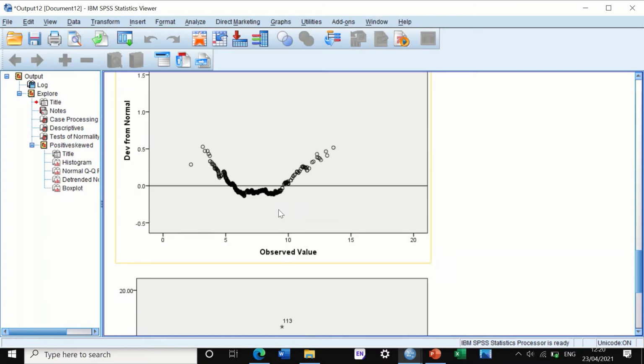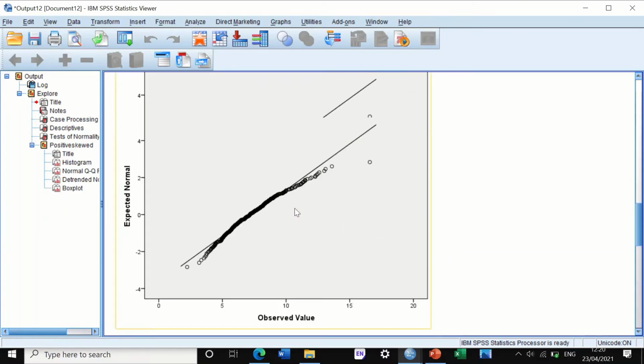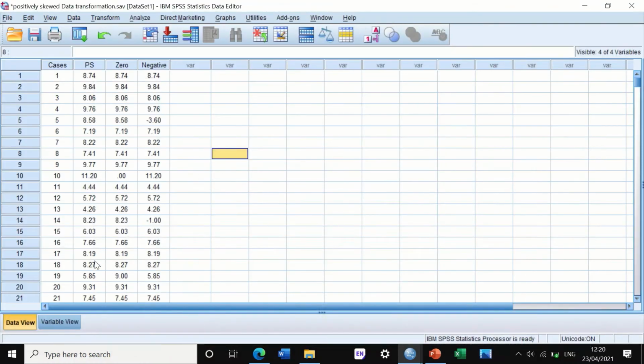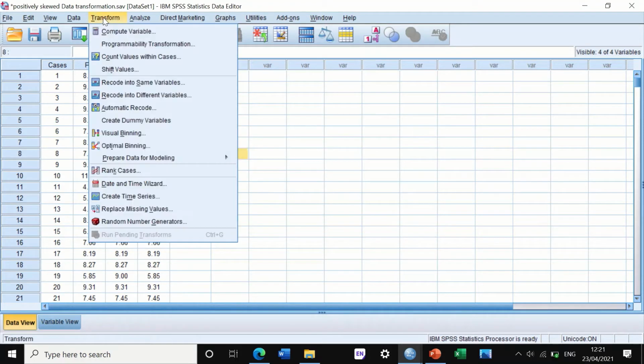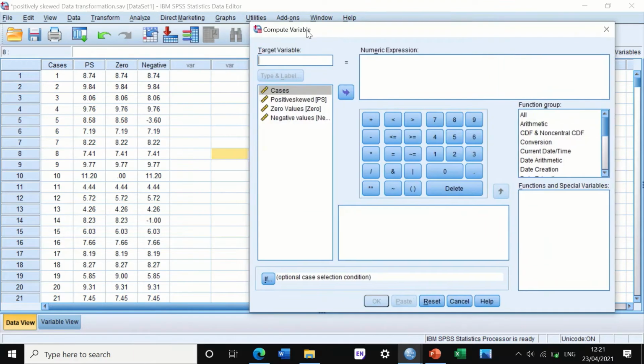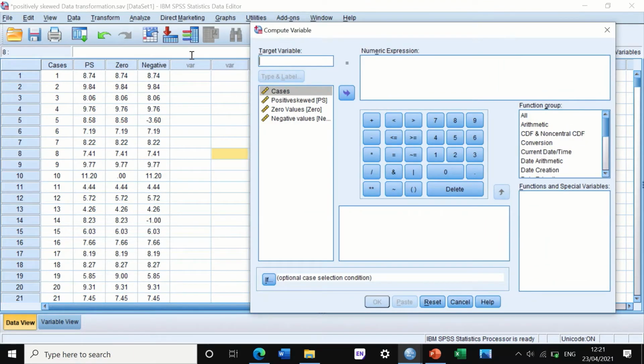And so the next phase is, again, with this data, it is not possible to move ahead and do a parametric test. We need to transform the data, and we will transform the data using the LOG10. To do that, you click on Transform, then click Compute Variable, reset this. So SPSS will generate a new column. It has a variable in it, and that variable is based on computation. So we're going to name that column